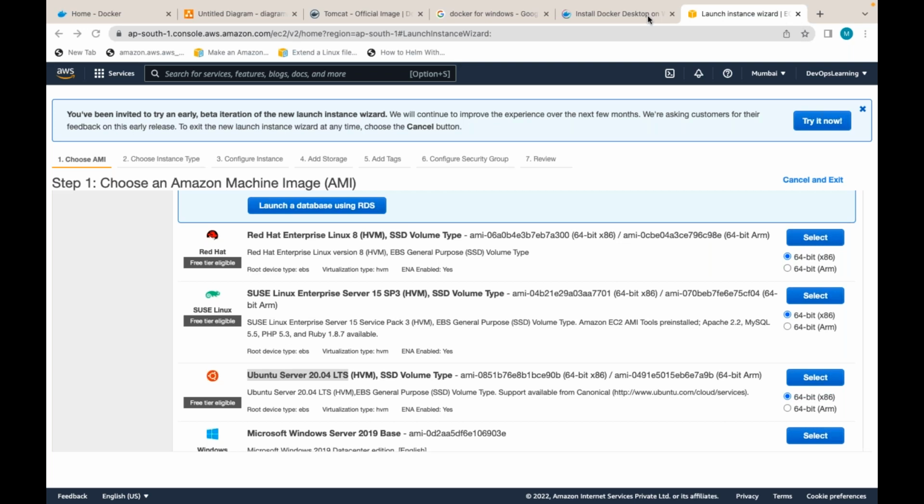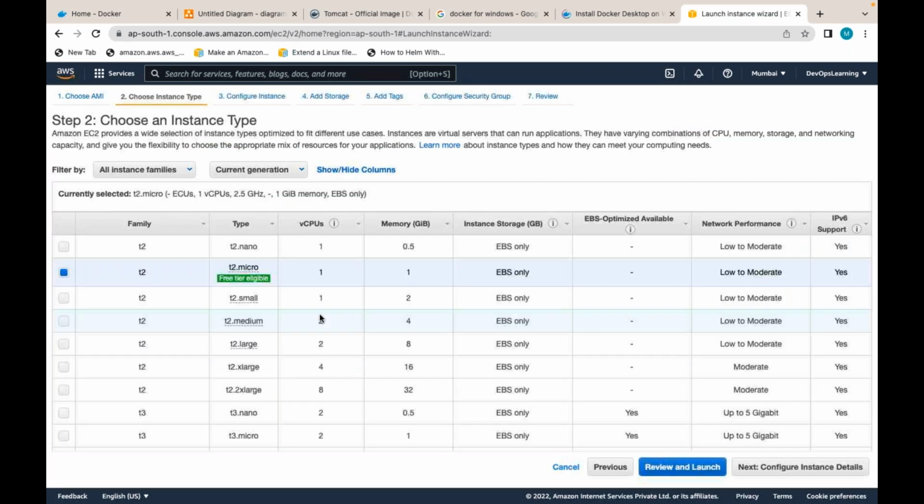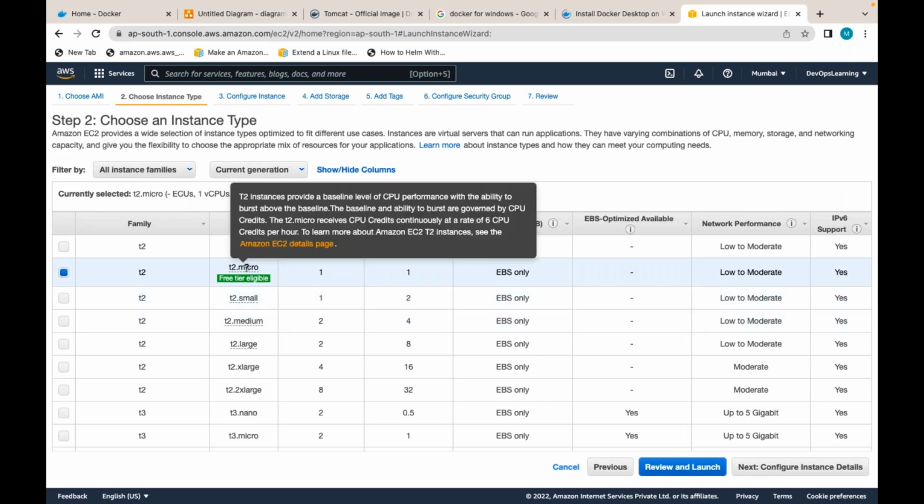Whether it's Ubuntu, Red Hat or CentOS, it's just a wrapper around the kernel. So I'm using this Ubuntu operating system. Now, just for practicing, I can take a t2.micro server.